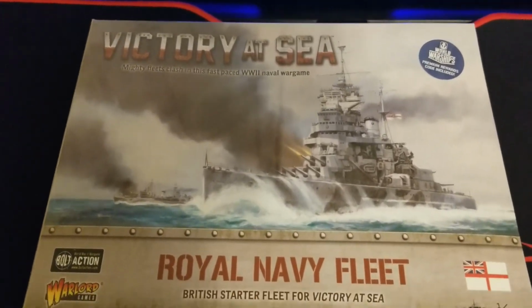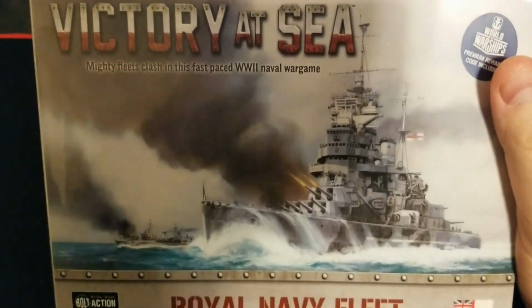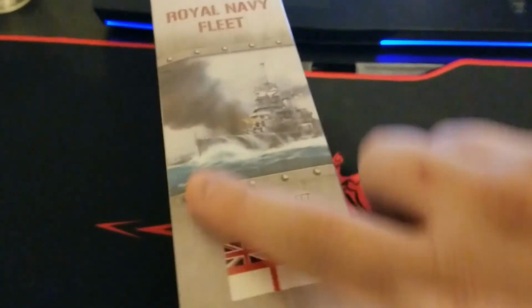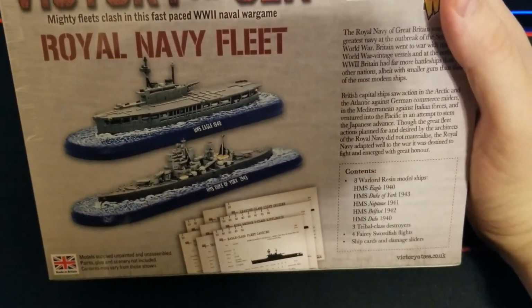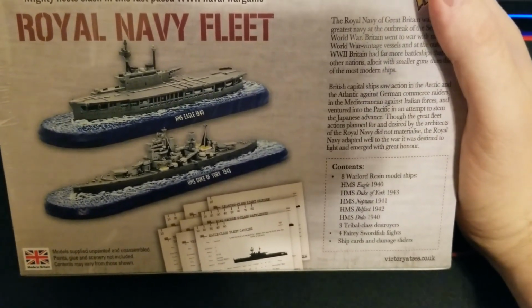We got another Victory at Sea unboxing for you today. We got the Royal Navy Fleet, one of the first wave releases here, one of the four core nations for the game. Being a fleet starter, there's plenty of stuff in here. We get 8 different ships, including an aircraft carrier. As we see here: Eagle, Duke of York, Neptune, Belfast, Dido, and then 3 Tribal destroyers, and some flights